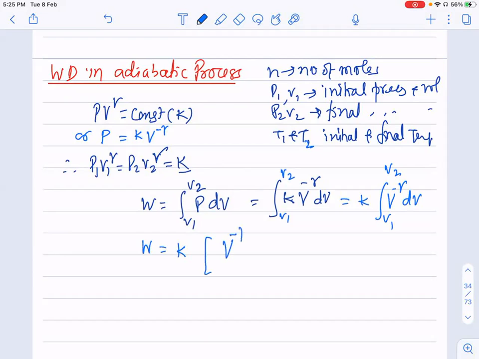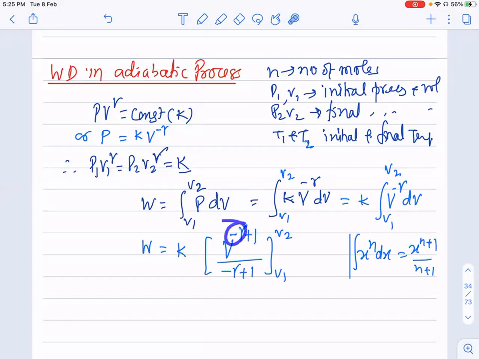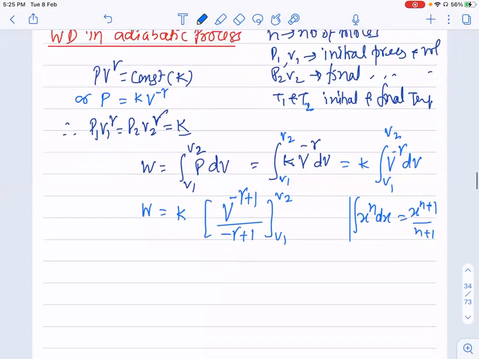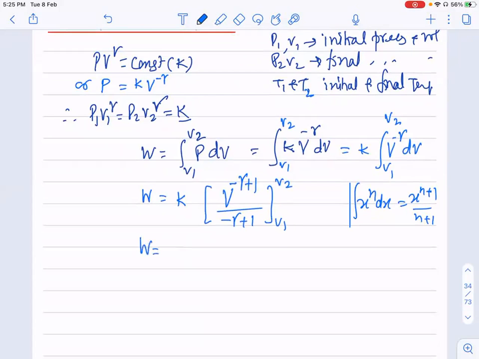गामा इज कांस्टेंट तो पावर प्लस वन हो जाएगी, सिंस वी नो ∫x to the power n dx इज x to the power n plus one अपॉन n plus one, यहाँ पर n की जगह माइनस गामा है, उसमें प्लस वन हो गया और नीचे भी वही आ जाता है। इसके बाद क्या करना पड़ता है, लिमिट अप्लाई करनी पड़ती है। तो वर्क डन इज इक्वल टू K,